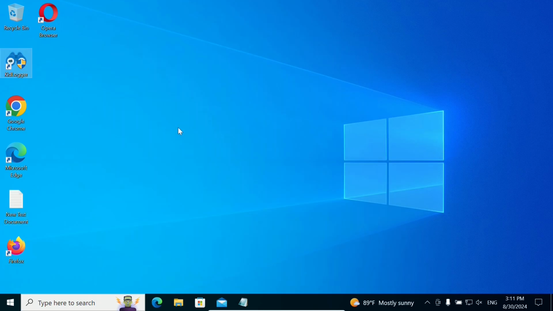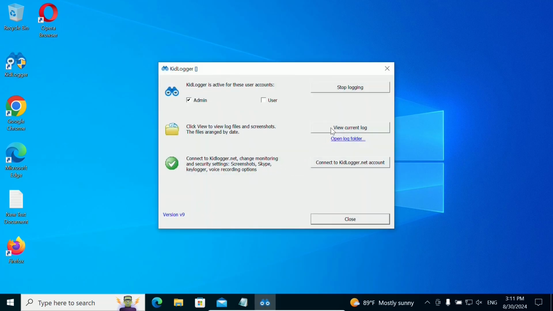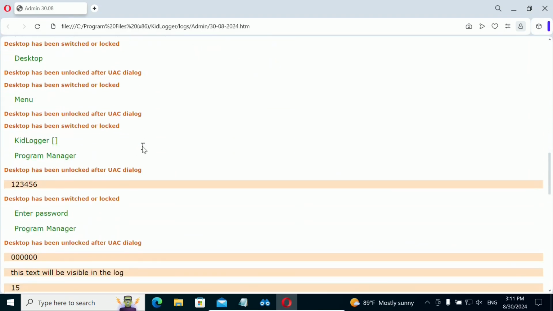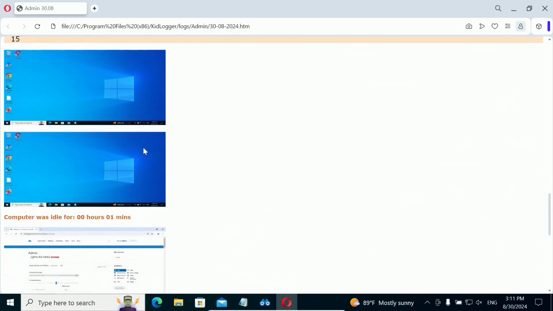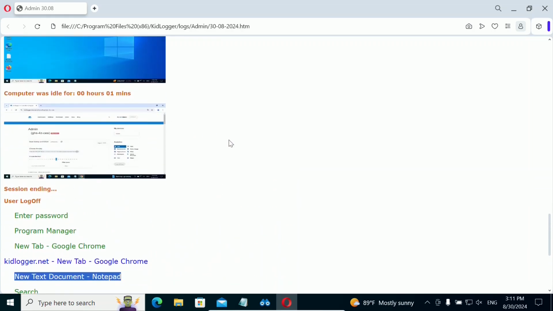Let's test this locally on the computer by launching the KitLogger, entering your password, and clicking the View Current Log button. You should see that the text typed after disabling the option is not in the log, only the name of the document and the application used.